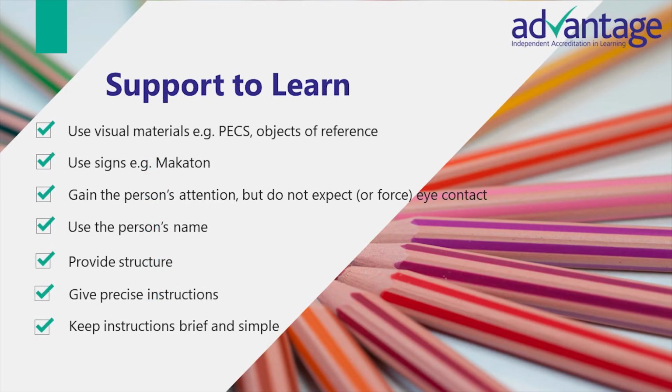Although people with ASD need things to remain the same as far as possible, they still need to have opportunities to learn. However, the way that learning is structured makes a huge difference. PECS, I mentioned it previously, is the Picture Exchange Communication System, a system of picture cards that can be exchanged for the object they represent, for example a biscuit, and they can be used to build sentences. Always remember to use the person's name. A person with ASD may not know you mean them if you give instructions to everyone.